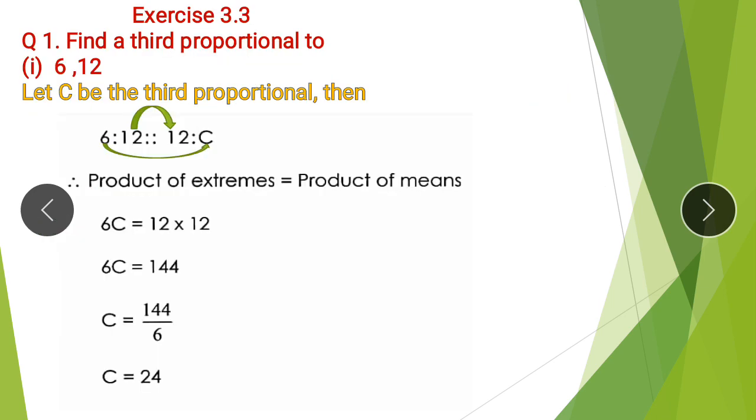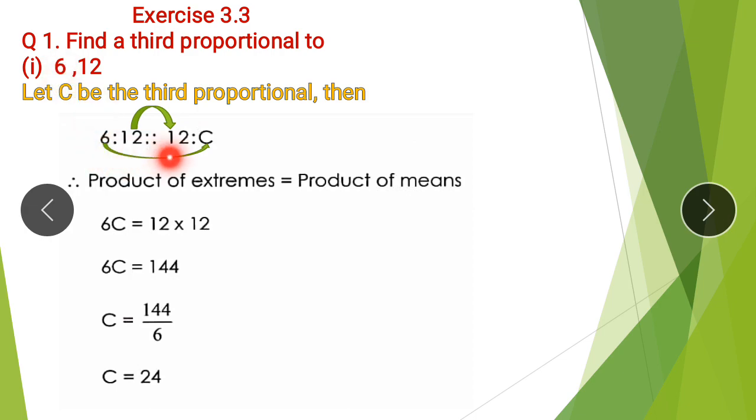Let's begin with exercise 3.3. The first question is find the third proportional to 6 and 12. Here you can see that two quantities are given. If two quantities are given, it means you are supposed to find the third one, that is, the third proportional. So let's proceed ahead. Let C be the third proportional. You can let the third proportional equal X or any letter; it depends on you, your own choice. So here we have let the third proportional be C. Then we can write the proportion as